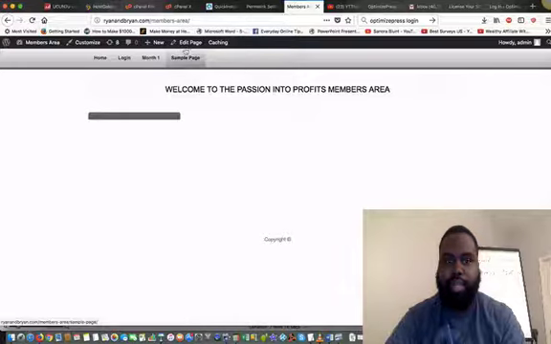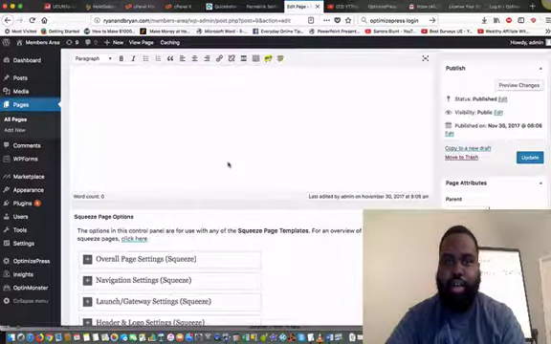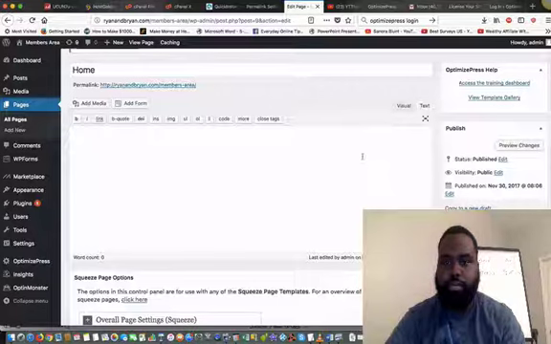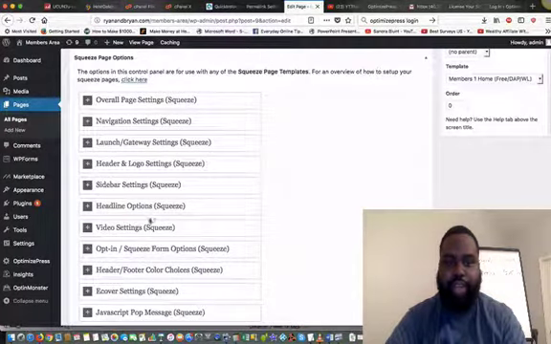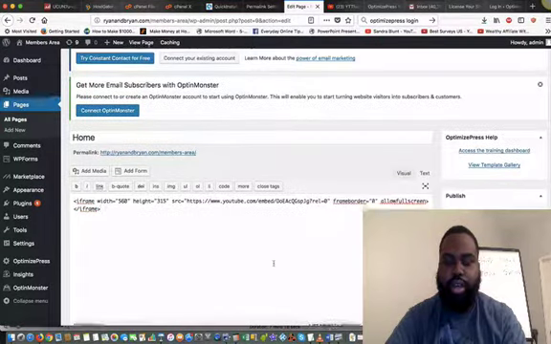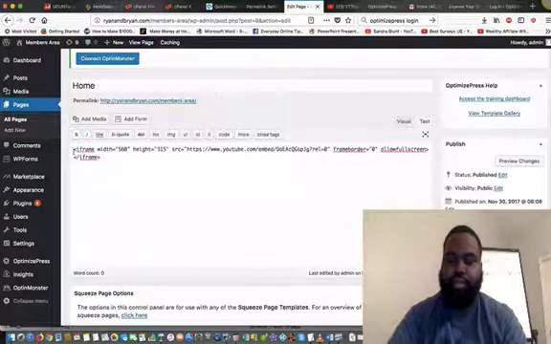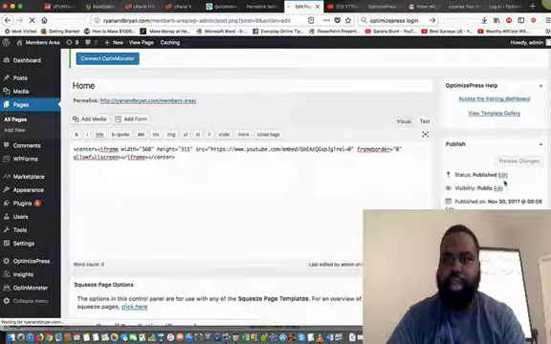We're going to come over here to the members area and we're going to edit this page. Now there's a couple different ways that we could do it. I just normally throw it in here. You can add a video to the page, but for some reason I like the functionality of being able to control the dynamics of the video and all the code here. So like different things, like if I want to center it, then I can do that. And if I hit update,